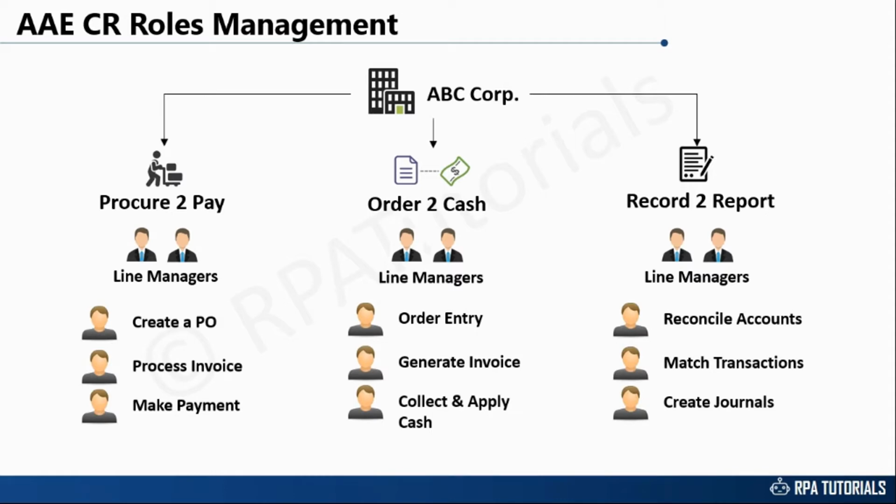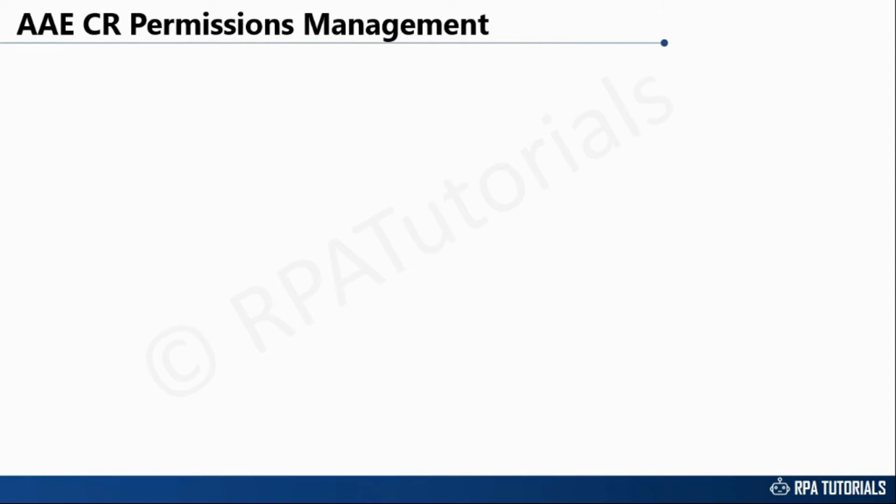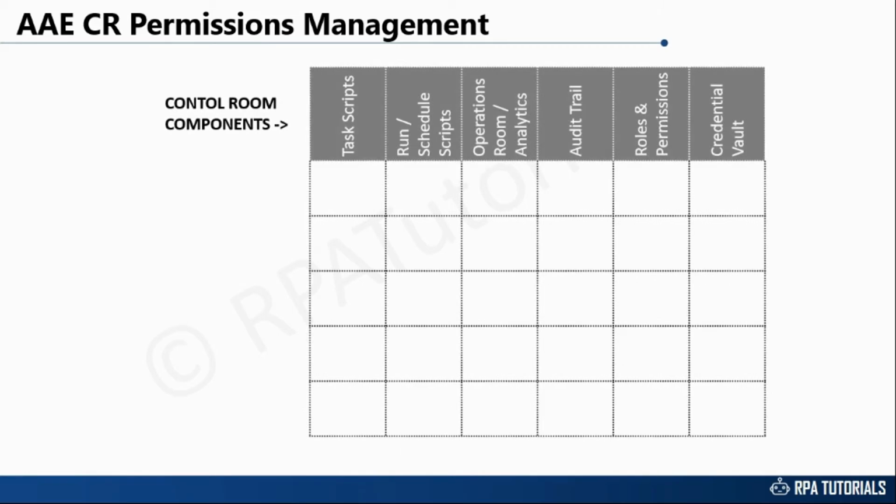Now let's have a look at how we can define roles that can help set up RPA deployment of ABC Corp on the Automation Anywhere control room. Assuming the process associates tasked to carry out the repetitive work will now operate and execute the task bots created to do their job. We will have to create a role for them and grant them access to the folder in the server repository where TaskBot scripts are stored. They will also need permission to run or schedule these task bots on the bot runner assigned to their role.